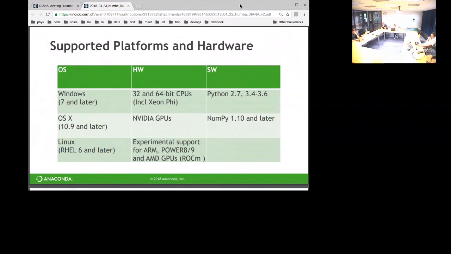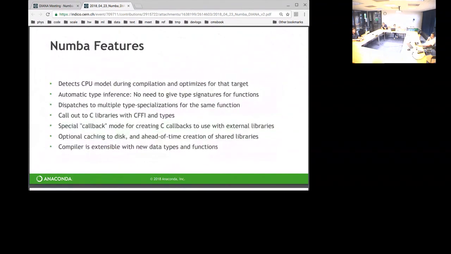All right, slide 10. Numba does a bunch of things. As I mentioned, it can detect the CPU model during compilation. It can generate multiple implementations. So if you call a function with int32 and then int64 and then float32 and float64, it will actually generate 4 implementations and dispatch to the correct one in memory. So from the user's perspective, it looks like you're getting the wonderful Python duck typing where things just work regardless of what types you pass in. But we're actually generating new implementations that are specialized for the use cases you've given us.